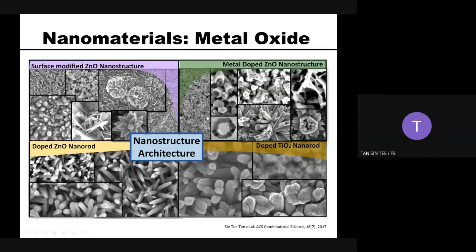In here we were also successful in turning the mesoporous nanoparticle film toward a very high surface area nanoflower, which appears in 3D. On your left hand side at the bottom is quite a common thing that you can find in the literature. We also do this by applying a little bit of doping to the zinc oxide nano without changing the structure, just changing the electrical or optical property of the system. But the structure will still remain as a nanorod.